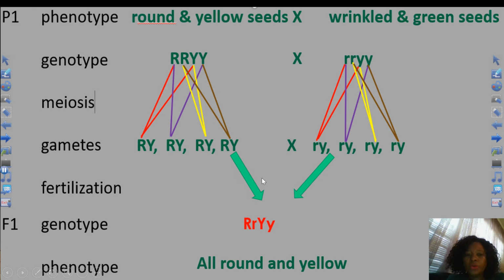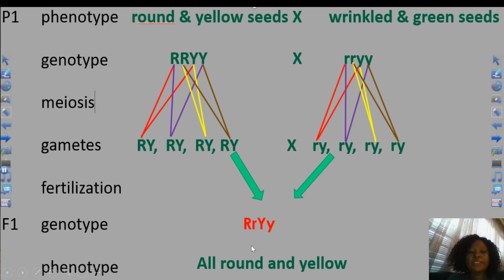Normally you would then use a Punnett square, because I would advise that for the dihybrid cross you use a Punnett square. It's much easier to work out the gametes that way. But because here all the gametes from the one parent are the same, and also from the other parent, we just look at one gamete from each parent and cross those two only. We don't have to do the whole Punnett square here. So if we cross the capital R, capital Y with the small r,